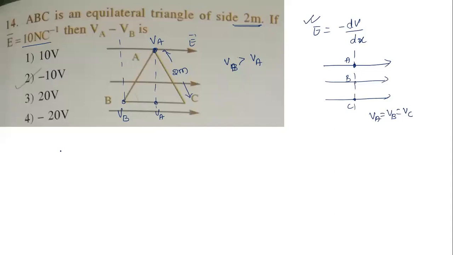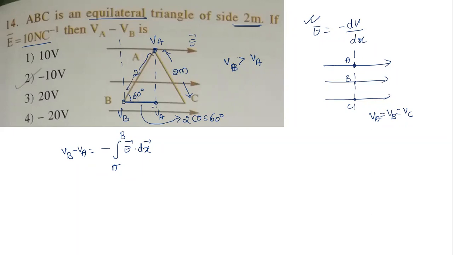The potential difference VB minus VA is equal to minus the integration from A to B of E vector dot displacement dx vector. Now, this is making what type of triangle? Equilateral triangle. So it is 2 meter, and this angle is 60 degree. Then what about this value? This value will be 2 times cos 60 degree. It is like a vector projection I'm going to calculate.